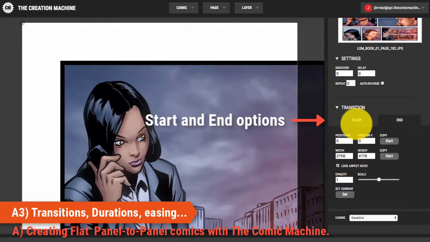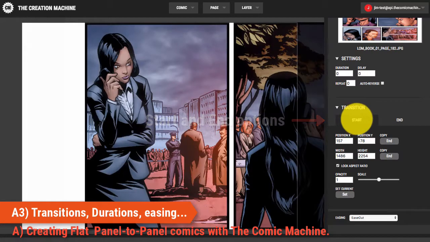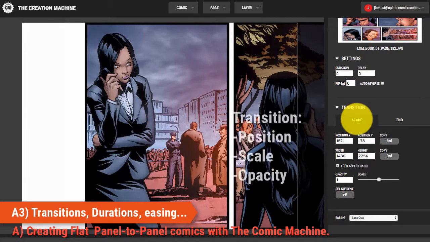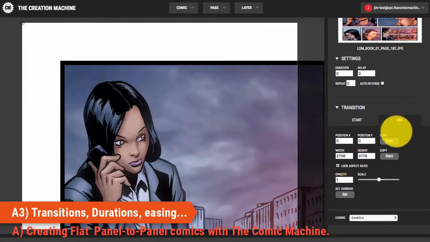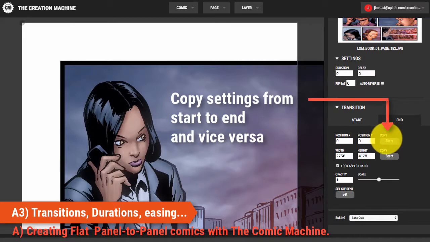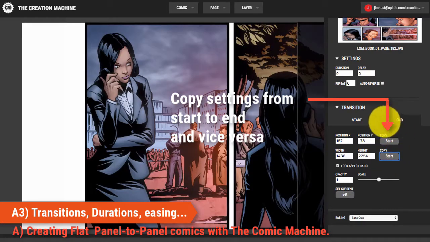Start and end is just basically the start of your animation and the end of the animation where you want to be at. To put it another way, transition is the animation based on three properties. That's position of the object, scale of the object, and opacity of the object. By default, the start is showing, but it doesn't mean you have to actually replace the image to where the start is. You can just click on the copy start buttons here, copy start for the position, copy start for width and height. And that basically copies all the values from the start,